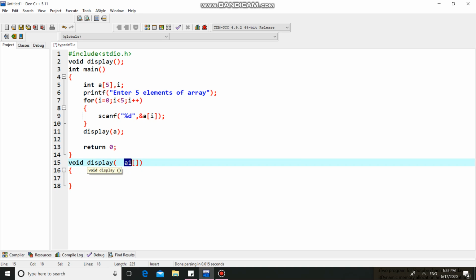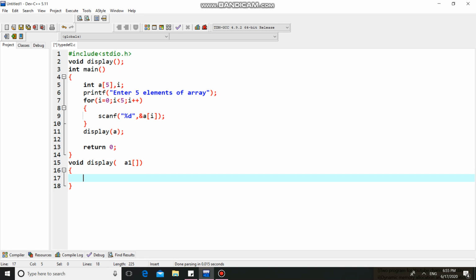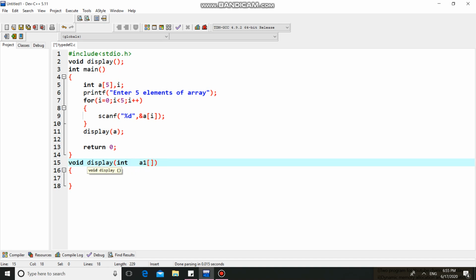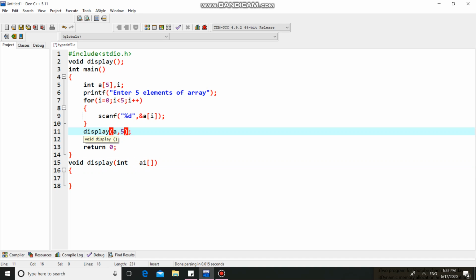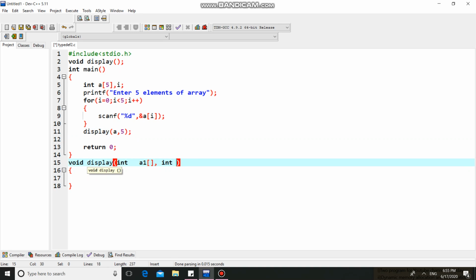Suppose the other array is a1. Your original array is a, and its type is integer, so the type of a1 should again be integer. So here the formal parameter must be an array, and you need to pass the size of the array, so that the size is collected in the size formal parameter.